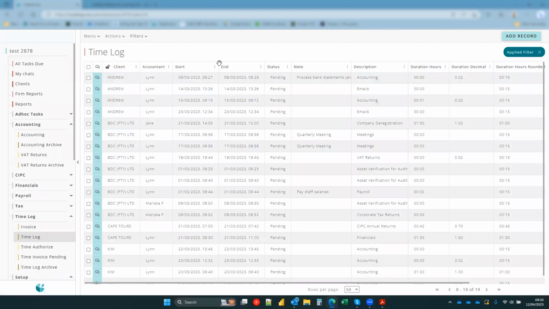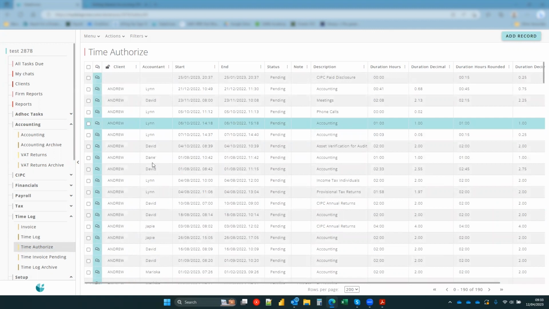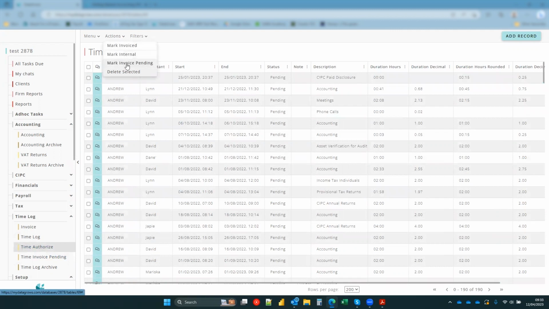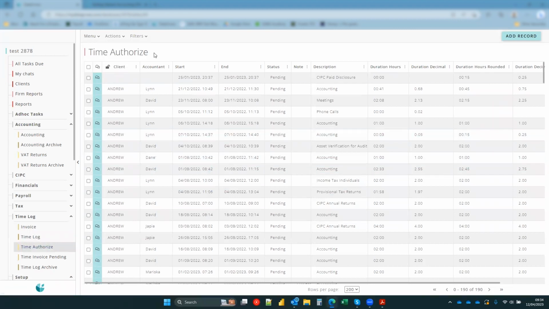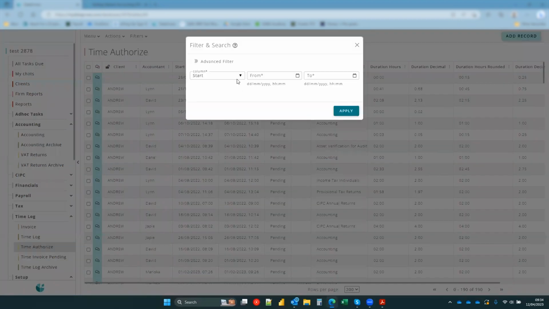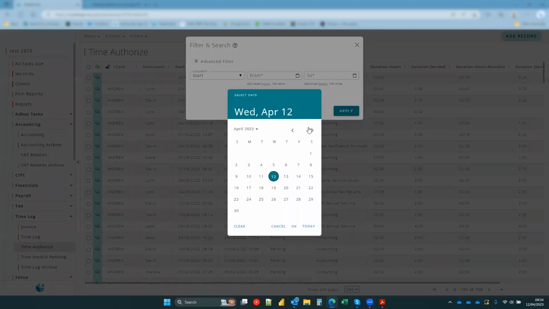And to approve time for billing purposes, the time log your staff will see, the time authorized is where you are going to have an action to mark the time as invoice pending. So it is a duplicate of this table, but only the super user and the partner will be able to access the time authorized table. So if we just reapply our filter there,